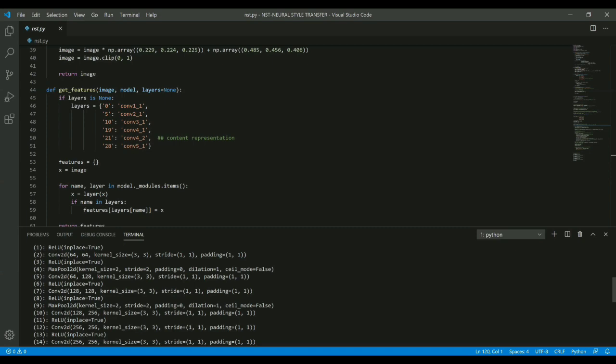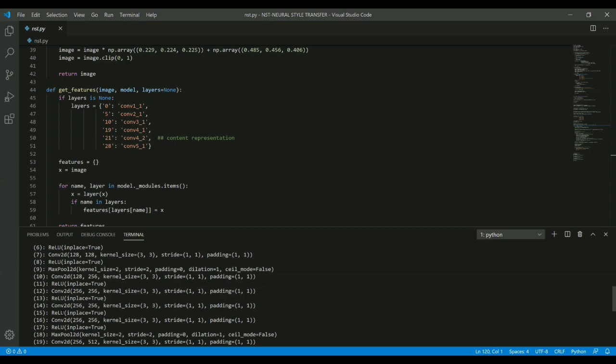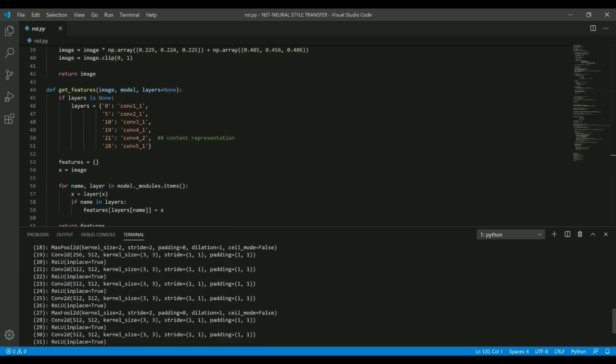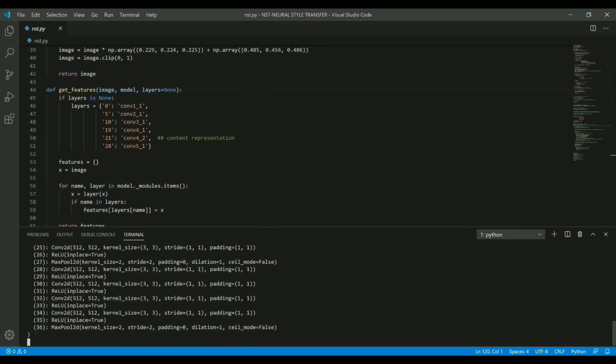ReLU is an activation function, and as we have mentioned, the different convolution layers 0, 5, 10, 19, 21, 28, we can check into this. As this output takes a long time, we can fast forward this video and directly jump into